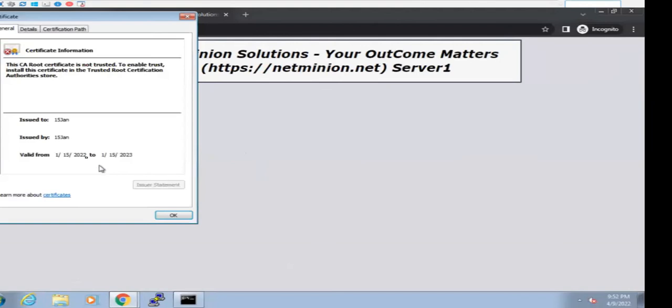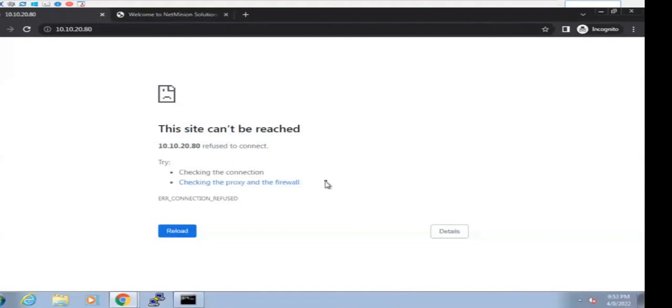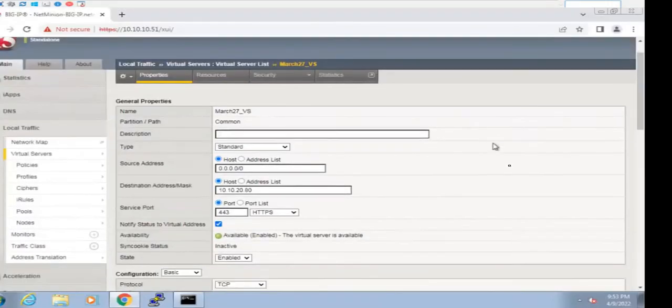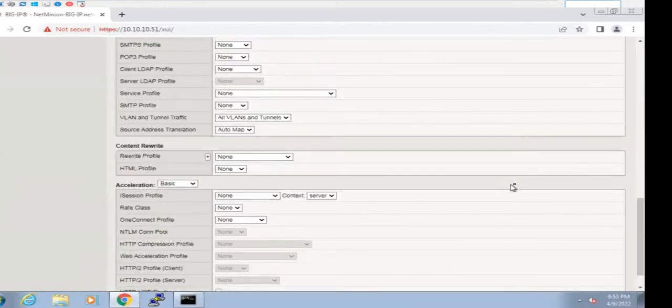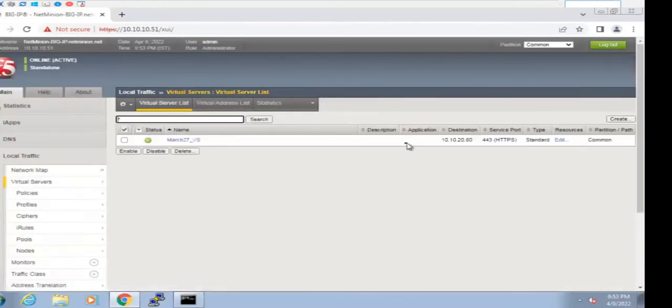What about the certificate? The certificate is not valid. There is some 15 Jan certificate, from the lab we created, that is probably shown. I will show you about the certificates, don't worry, and how to create them. So that is how we can perform a lot of exercises on a practical basis, not only the theoretical basis.